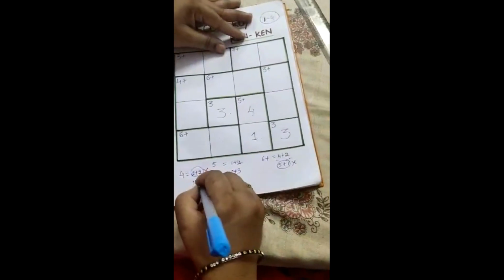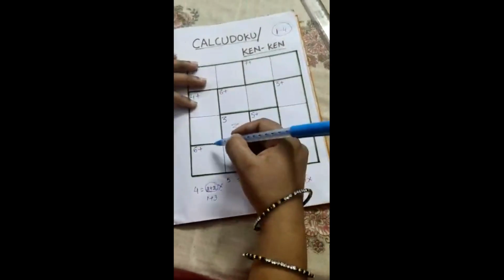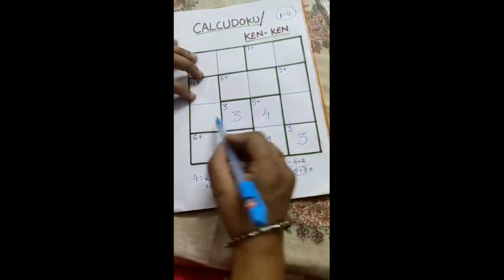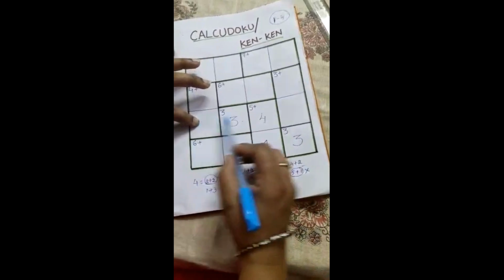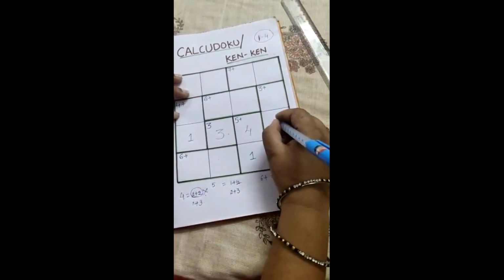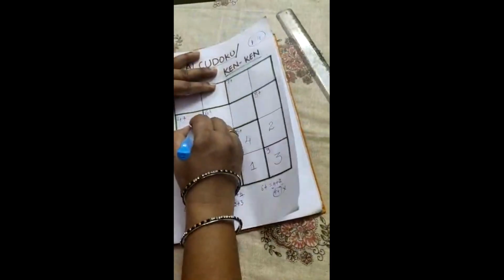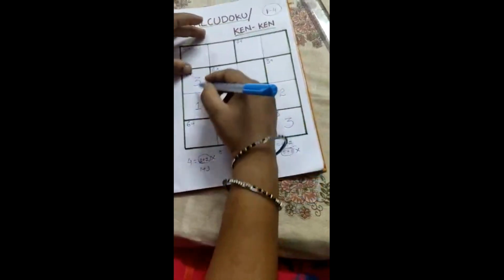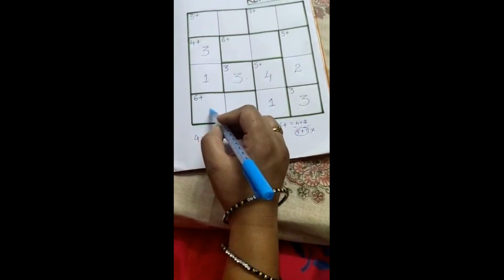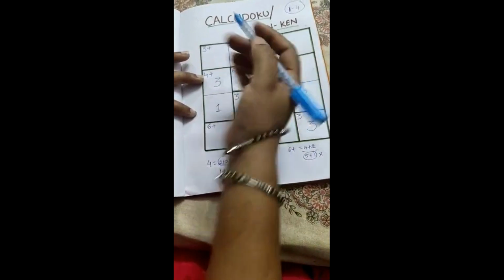What is the other combination? 1 plus 3. Where we can write 1 and where we can write 2 and 3, we don't know. 1 and 2. So compulsorily here it is 1 and here it is 2. If you write 1 here, it is 3 only. 3, 1. What are the other 2 digits? 4 and 2. Either you can write 2 here, or you can write 2 here.